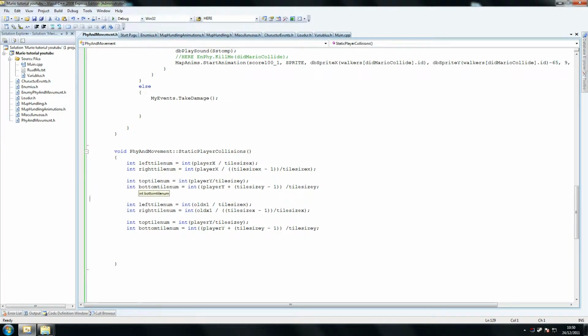Top tile num, int player y equals player y plus tile size y minus 1 divided by tile size y, and then left tile num, or old left tile num is what this is called. Old left tile num equals old x divided by tile size x, and old right tile num equals old x1 plus tile size. So this is plus, just like that one, plus tile size